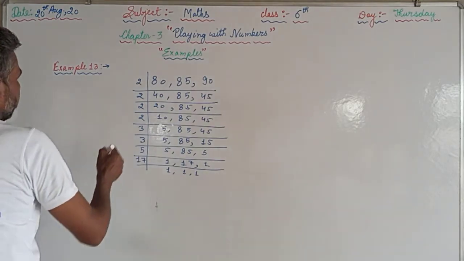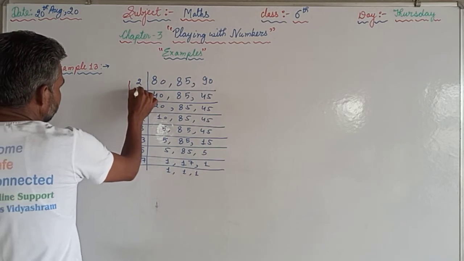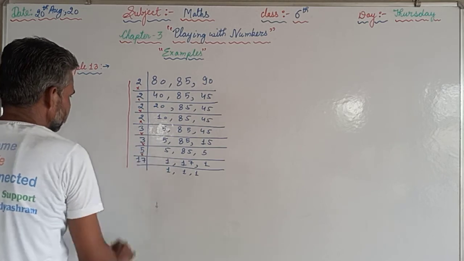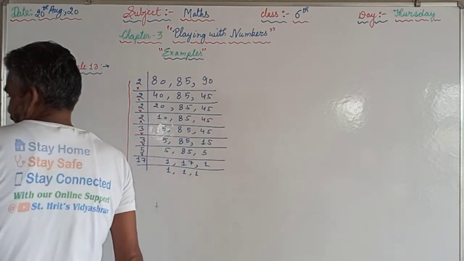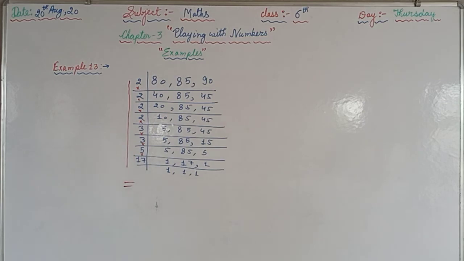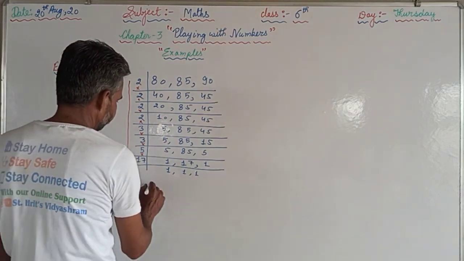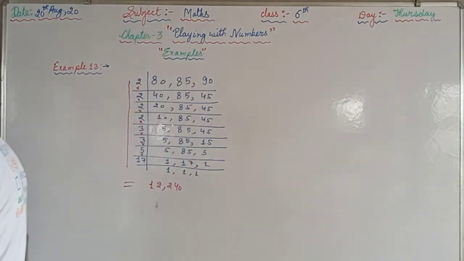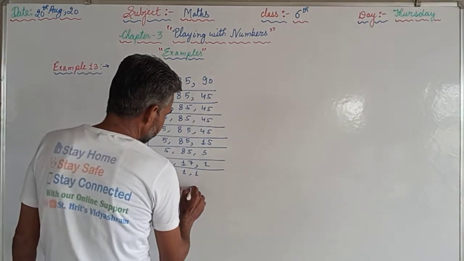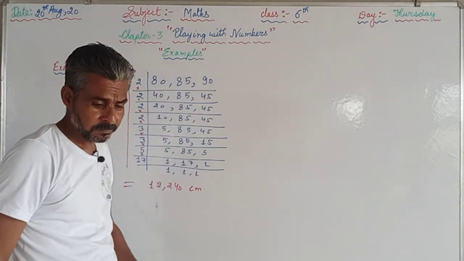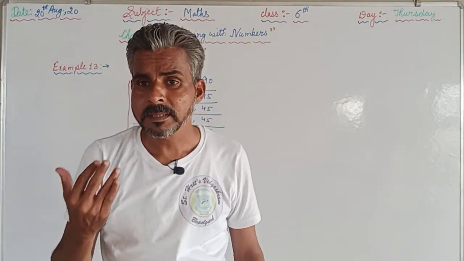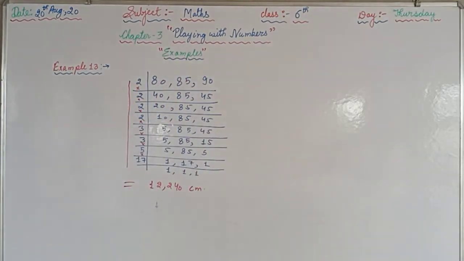So to find the LCM, we have to multiply these numbers now: 2 into 2 into 2 into 2 into 3 into 3 into 5 into 17. After multiplying, we will find the answer that is given in your question, that is 12,240. As the steps are given in centimeters, 12,240 centimeters will be the least distance they all three can cover in complete steps. So this was the easy question.